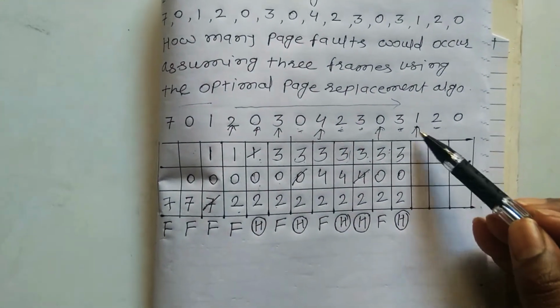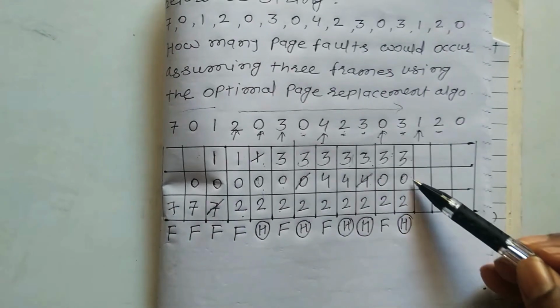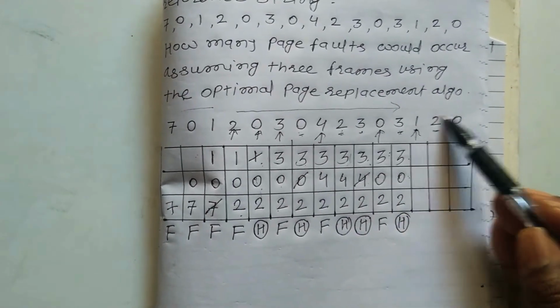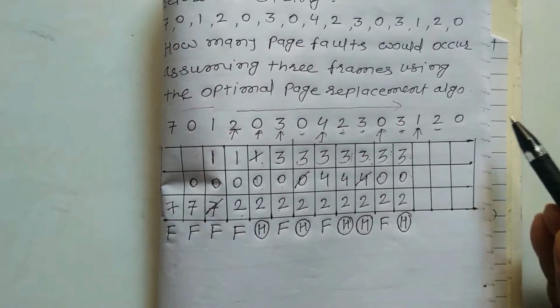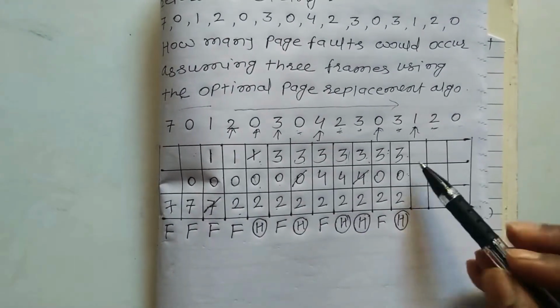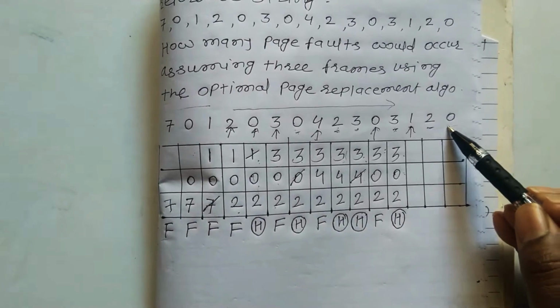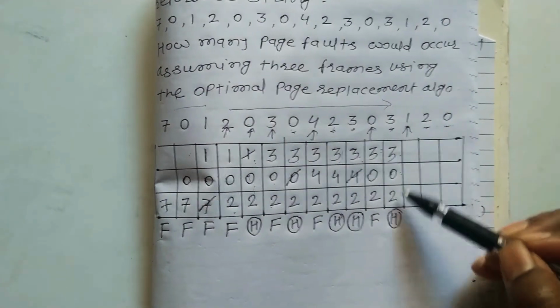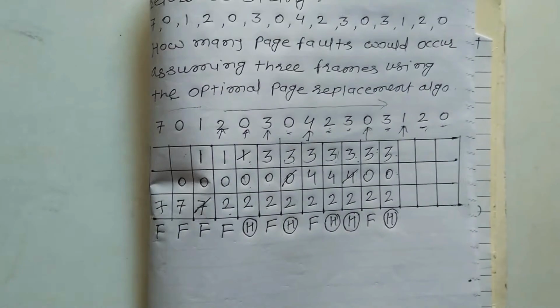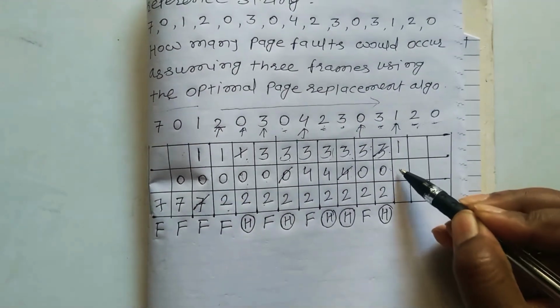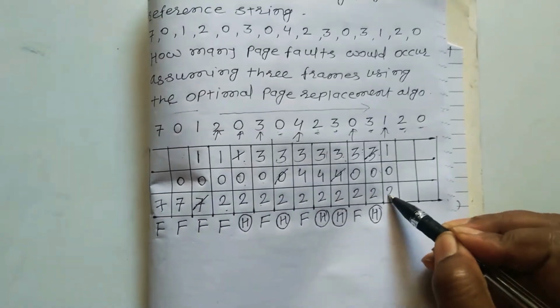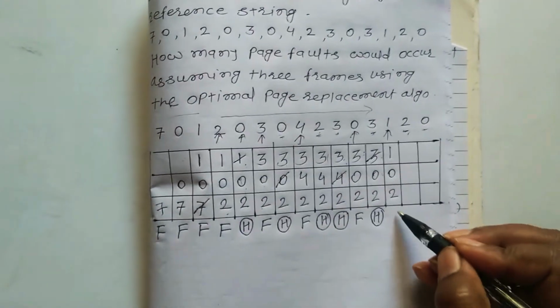So to place this 1, I will check the position of this 3, 0, 2 on this side. So 3 is not there in the string, then 0 is far as compared to the 2. 2 is the nearest one. So I will replace this 3 by 1, and the remaining pages I will write down as they are,